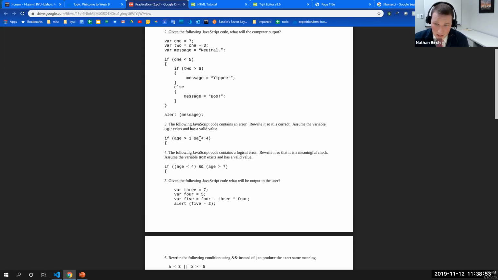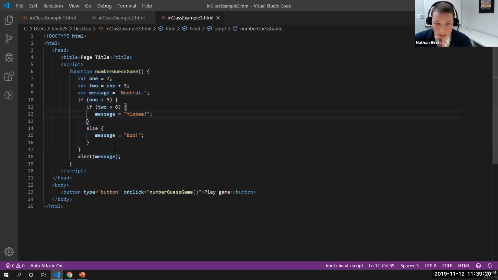Okay, the other thing that doesn't really quite make sense is if I put in age is less than 4 right there and age is greater than 3, that will never be true regardless of what age is. That's impossible for it to be greater than 3 and less than 4, I guess, unless it's a float. Okay, so I might also switch that to an or operator as well. Okay, so if I took this, I might change it into something like,